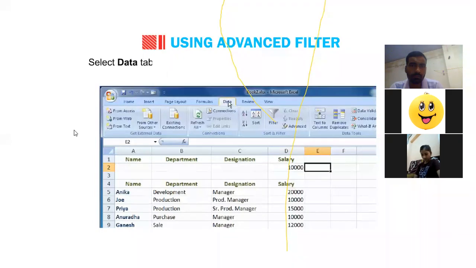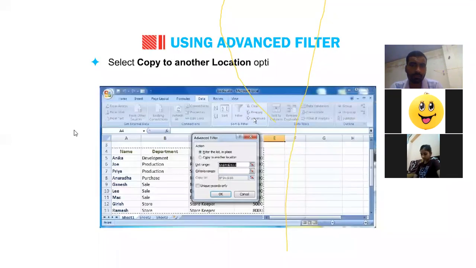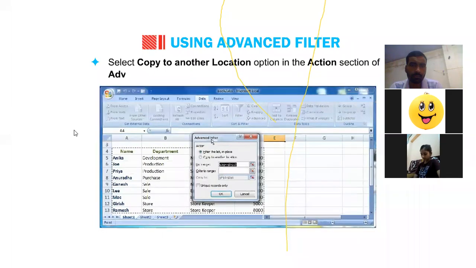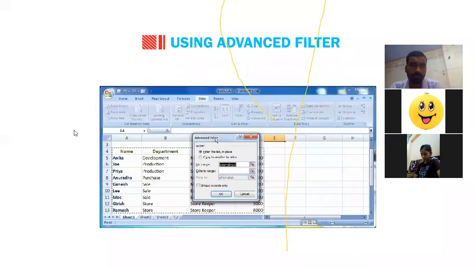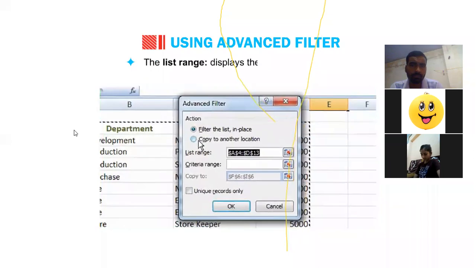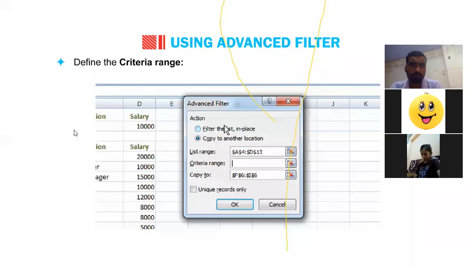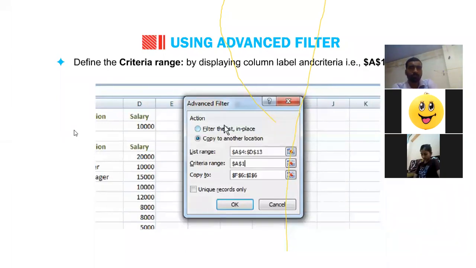Select the Data tab and click on the Advanced button in the Sort and Filter group. Select the Copy to another location option in the Action section of the Advanced Filter dialog box. The list range displays the range $A$4 to $T$13. Define the criteria range by displaying column label and criteria, that is $A$1 to $D$2.